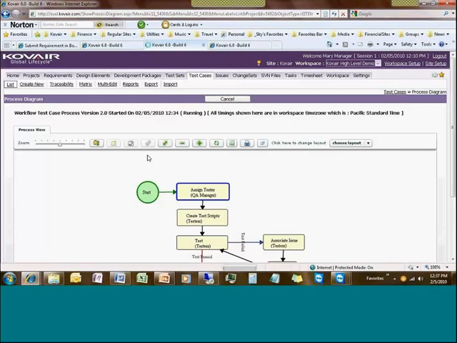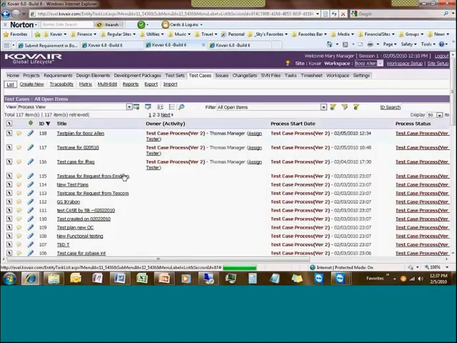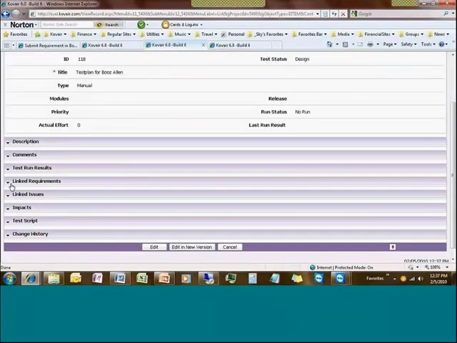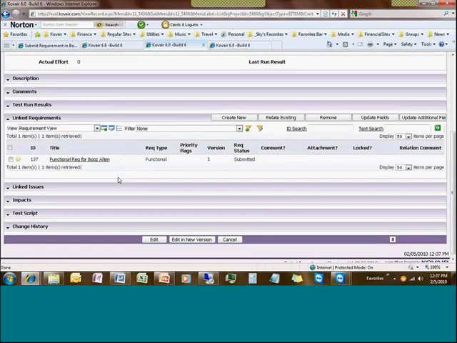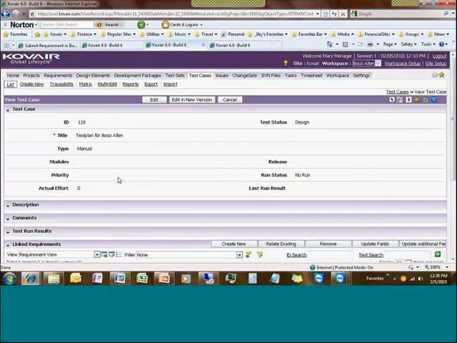Now, let's go to the detail of this particular test case. And here is a link requirement. And here is the linking of that functional requirement. Remember? That linking we did in QC. So just like Requisite Pro, Omnibus not only replicated the test case back to Kovair, but also replicated the linking between the test case and the requirement from QC to Kovair. Okay? So that kind of completes